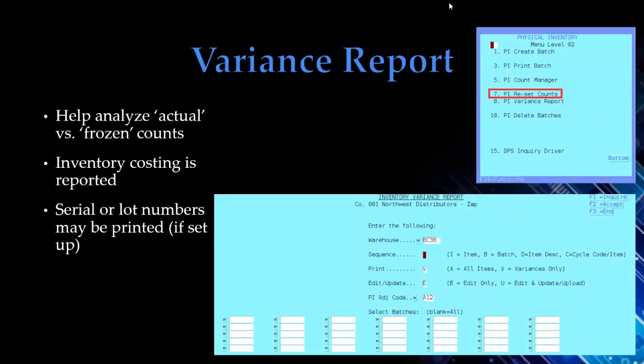The Zap Inventory Variance Report will assist in the process of analyzing variances between actual counts and frozen counts. Inventory costing is also reported to provide for cost justifications for potential recounts. Host, on-hand, and quarantine item balance quantities may also print on the report for comparison or analytical purposes. If your company uses serial or lot tracking, the individual serial lot numbers may print on the details section of